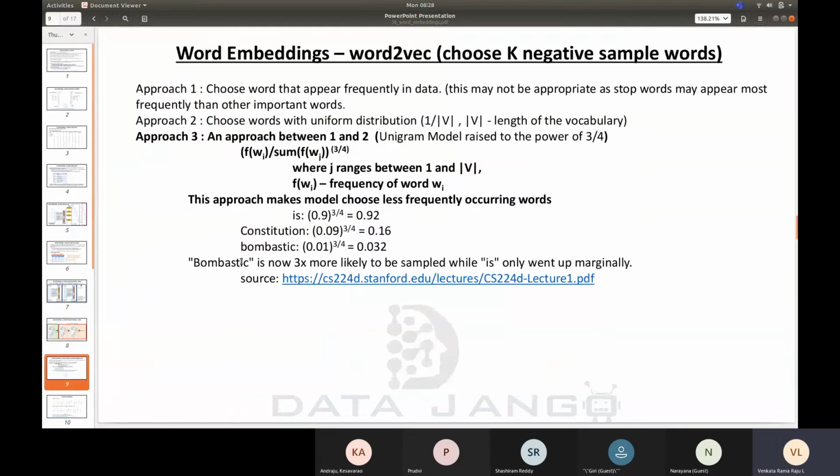To avoid that problem, there are 3 solutions. Choose words that appear frequently in the data. This may not be appropriate, as stop words may appear more frequently than the other words. This is not appropriate. And choose words with a uniform distribution. Uniform distribution means